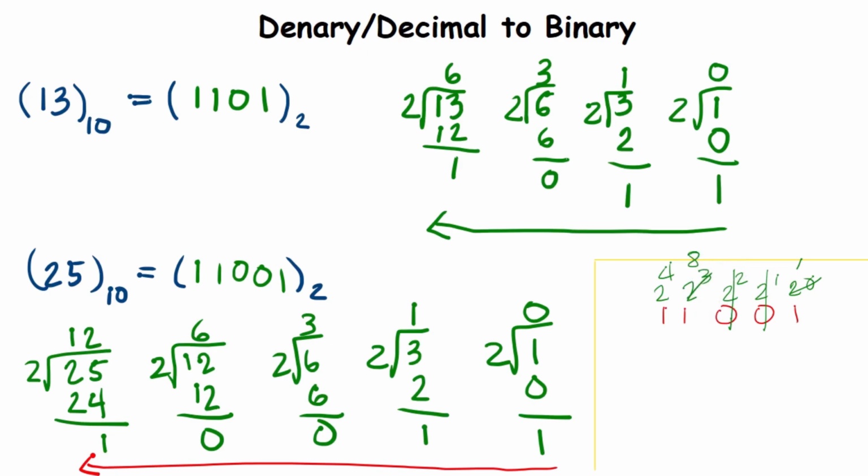Okay, this 2 to the 3 is equal to 8, and this 2 to the 4 is equal to 16. Remember, we are multiplying each bit to its place value. So this 1 times 1 will give us 1, this 1 times 8 will give us 8, and this 1 times 16 will give us 16. We will just add these products, and it will give us 25. It means that this is the correct conversion from denary to binary. So that's it.